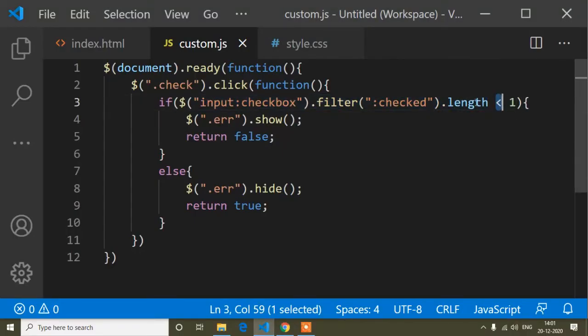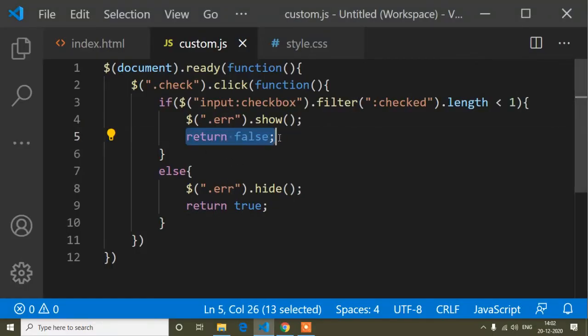You can see here I have written this checked dot input type checkbox checked length, and when it is less than 1, the error will be shown, otherwise the error will be hidden. So here I have to write less than; mistakenly I had written greater than. Let me write less than here and refresh.